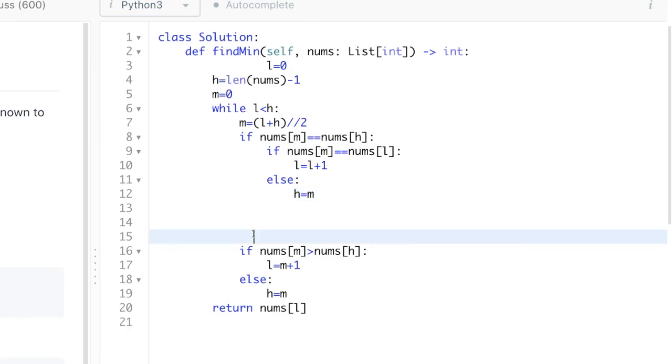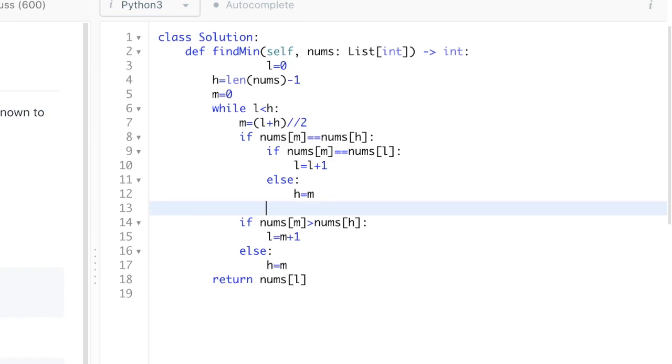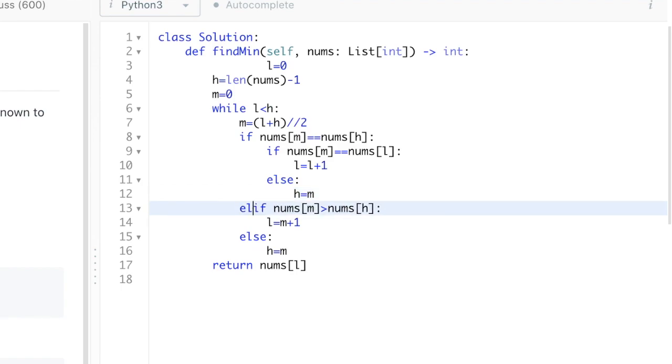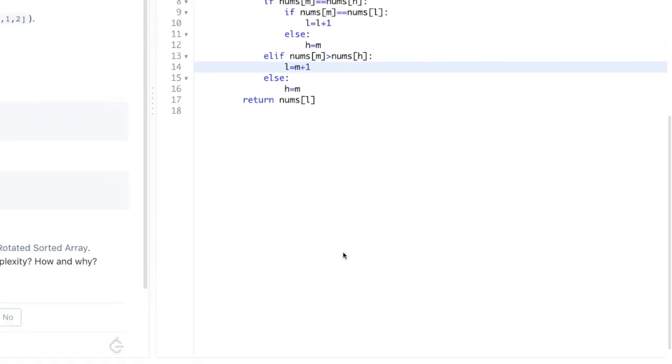Elif, this is the condition. Elif, this is the condition. This is already taken care of for the unique elements. So let us run this code.